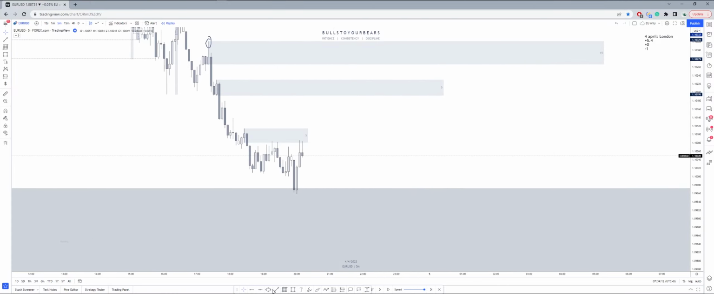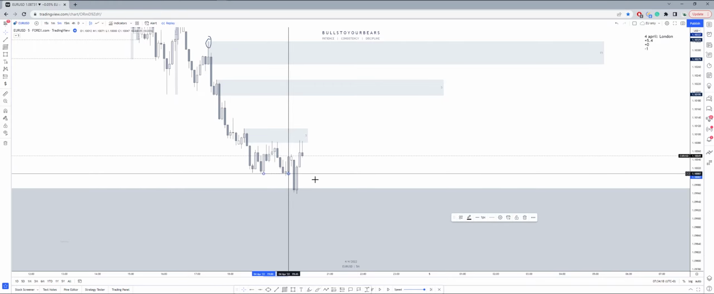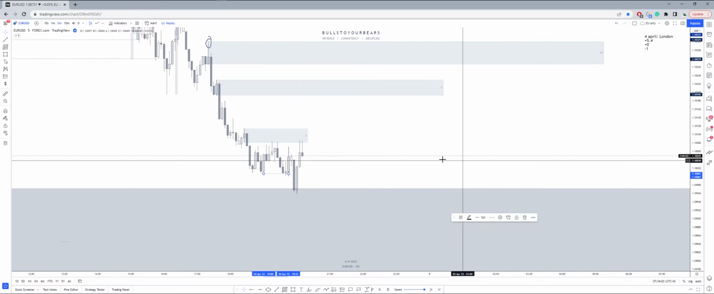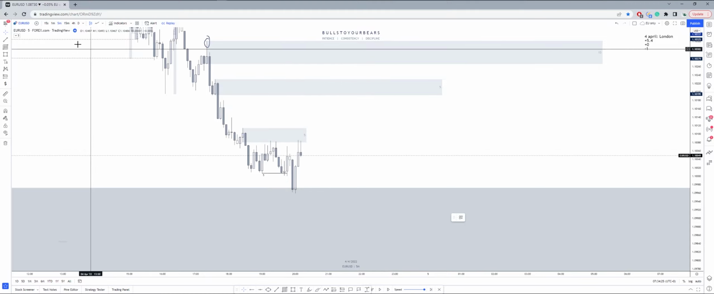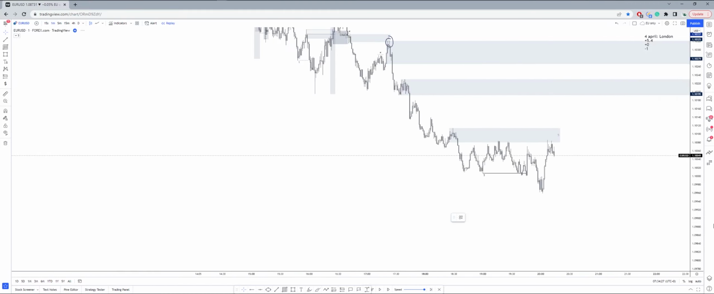We see a tag over here. We break the low over here. Okay, broke the low over here on the M5. On the 1 minute, that's probably something we can look to trade from. So here,